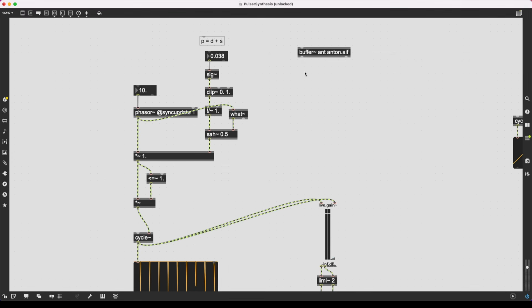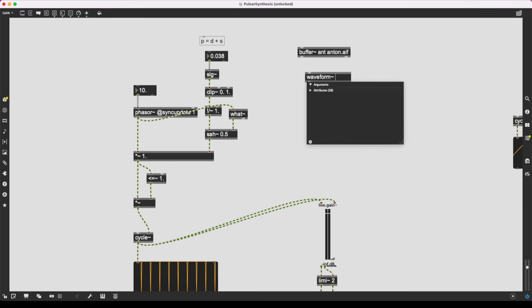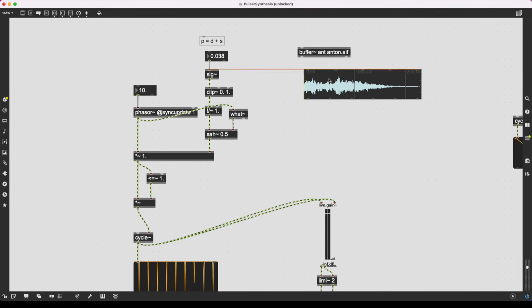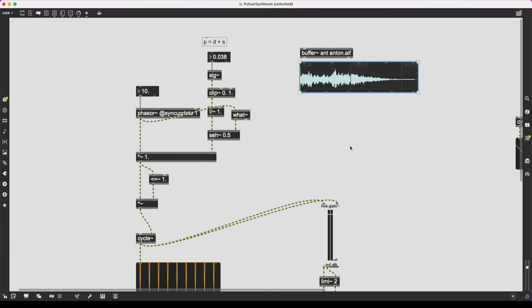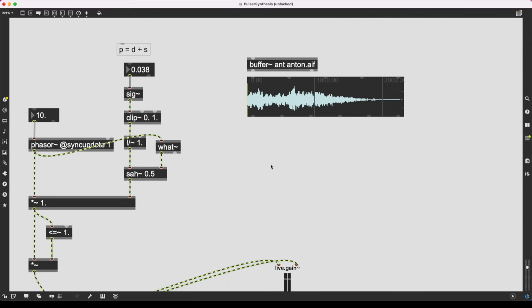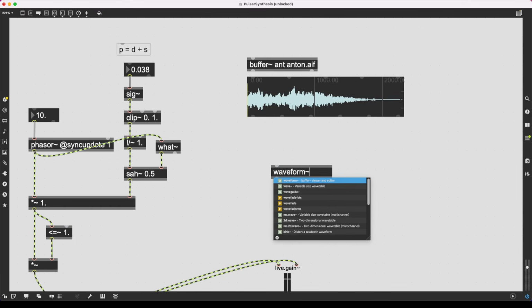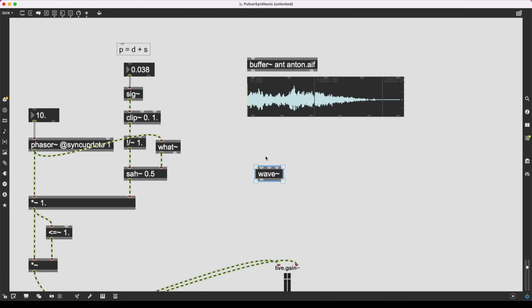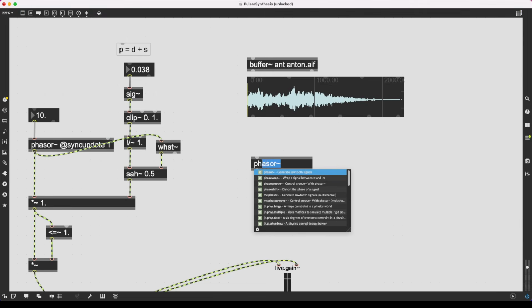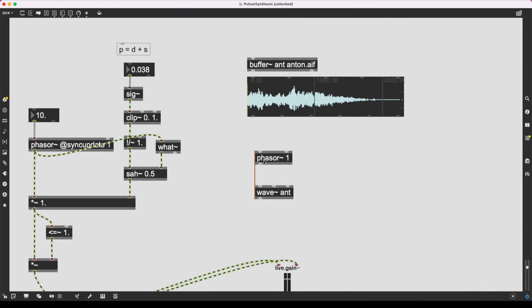To see if this is indeed loaded, I can use the waveform tilde object with the attribute buffername and then the name of the buffer, ant. And there we go, we have our signal here. Now, you might know we can read through these buffers using the wave tilde object, which is essentially a wavetable. Right? So if I give the name ant to my wave tilde object, and I have a phasor ramp that goes from 0 to 1, for instance,